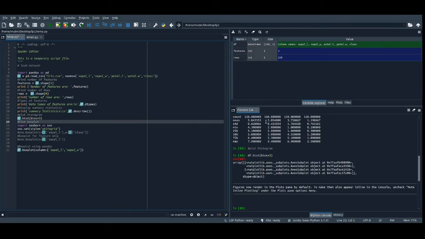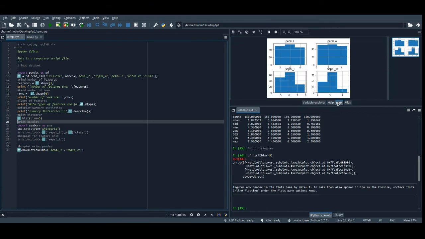So in this way it gets executed and a plot gets constructed. Now the plot has appeared here in the plot section. So here is the plot. In the plot we have the histogram for all the 4 features. If you want the individual one, you can pass the individual column name there, so that it gets displayed for each and every column. Here you can find the total bins are equal to 3. So 3 columns are there.